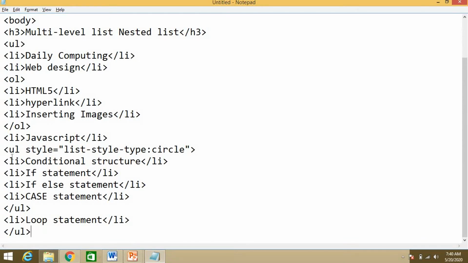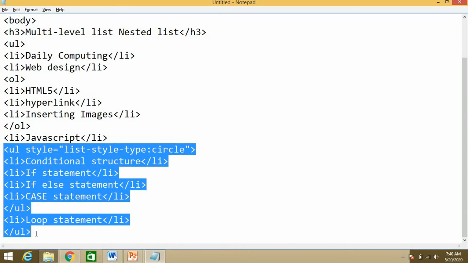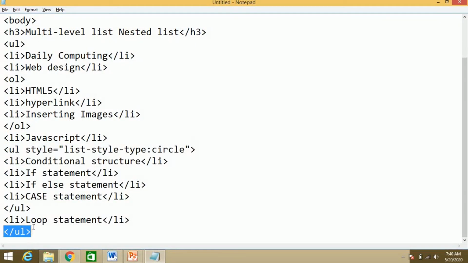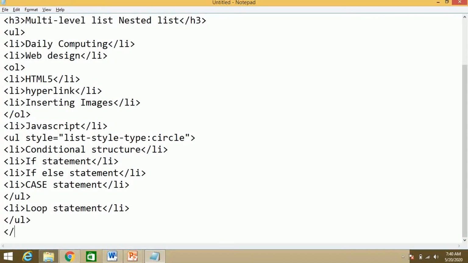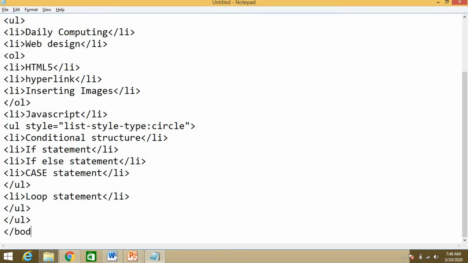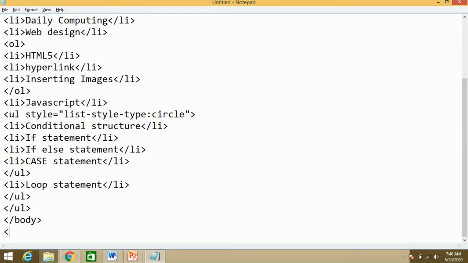Sorry, this ul will be closed first. Okay, so this will be closed over here. Let's see this one, and this is remaining, this one, so I am closing over here. Okay, ul, got it, body, and then HTML.